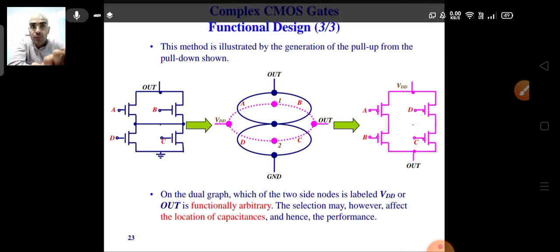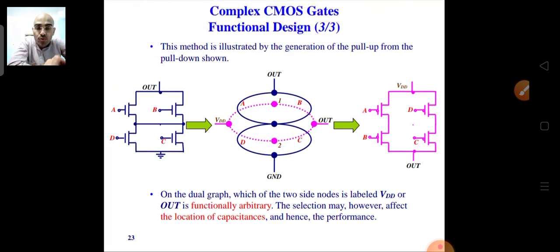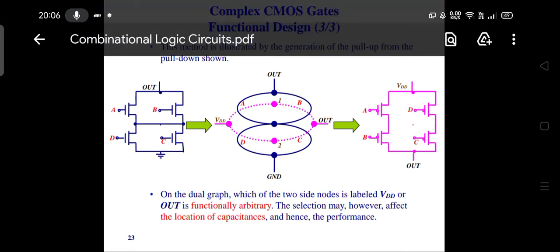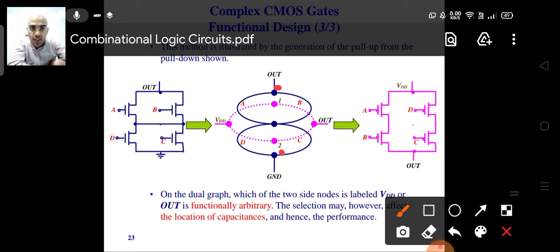So for this particular thing, to draw the stick diagram, first of all we have to draw the graph of the circuit. So to get the graph, what we do is we show the contacts with the help of these nodes, whereas the edges will show you the transistors. Okay, so here we have connected between two dots. Let's say there are two dots, output and the ground. So these two dots we have fixed. So output is one node, the ground is another node, and in between, as we can see, there is a connection point, a common point between them.